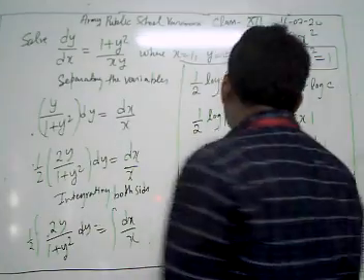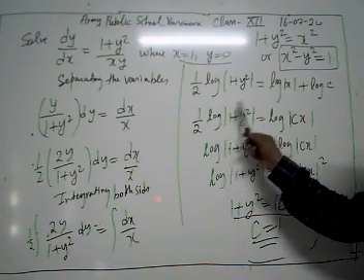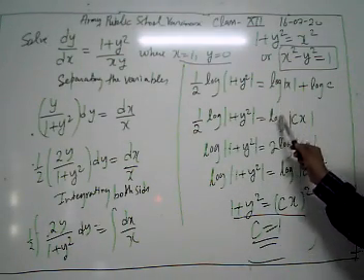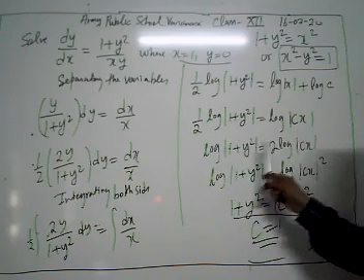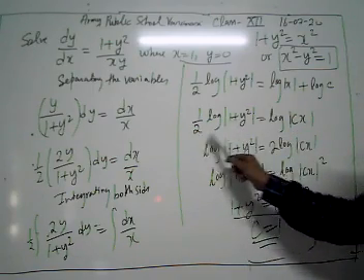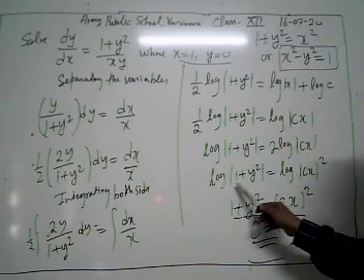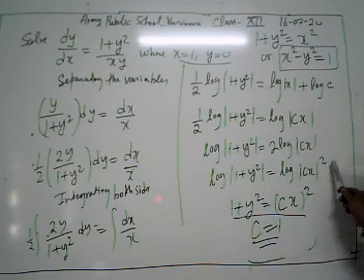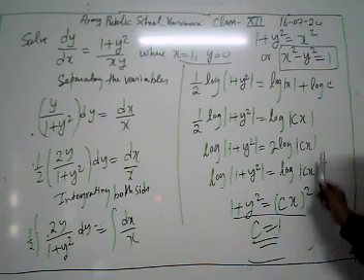Then we have 1 by 2 log of 1 plus y square equal to log absolute of x plus log c. Now log m plus log n can be written as log m into n. So 1 by 2 log 1 plus y square equals log cx. Multiplying by 2, we get log 1 plus y square equal to log cx whole square, or 1 plus y square equal to cx whole square.